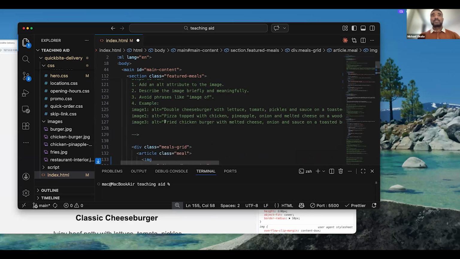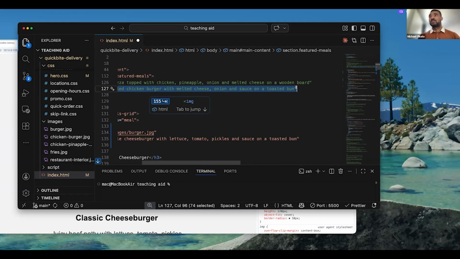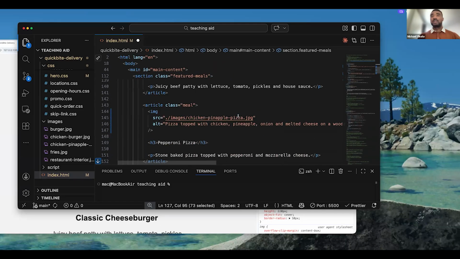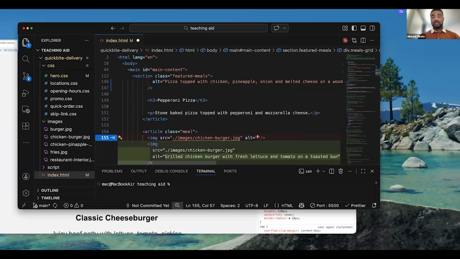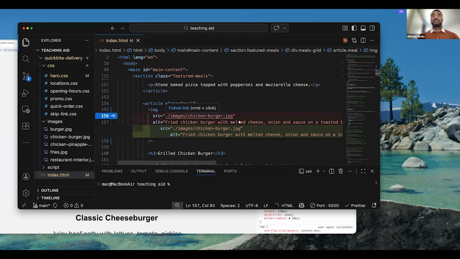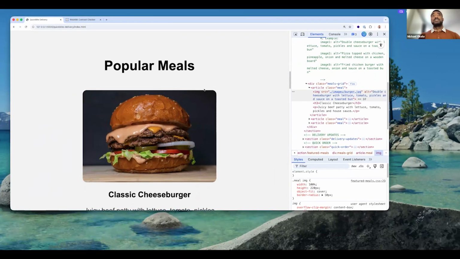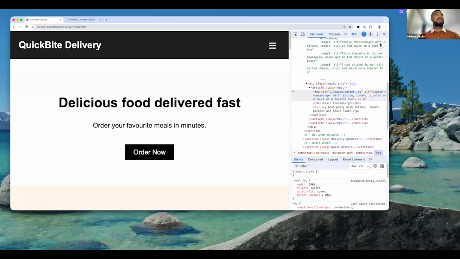Just use this object over here. So try as much as possible to avoid using phrases like image of or picture of, just because the screen readers already have announced that this is an image, so we don't need to actually add that to our description. So having done that, we save this and go back to our interface, and we could refresh and run our